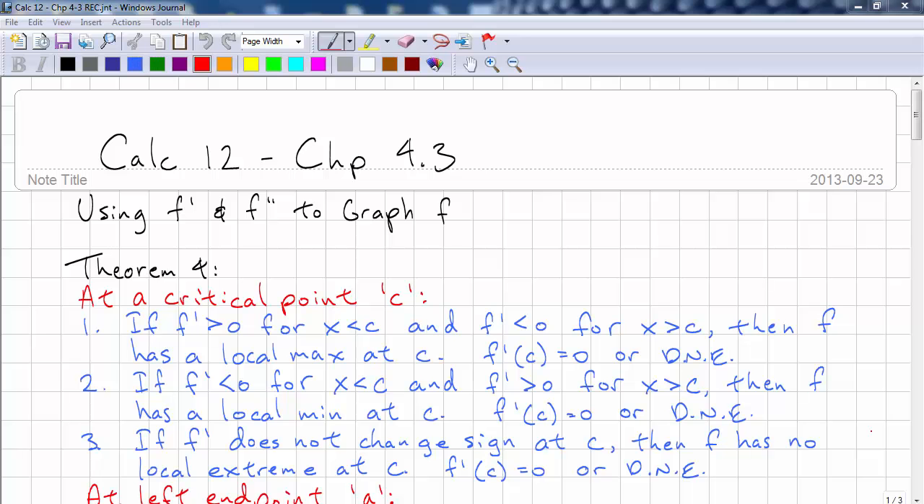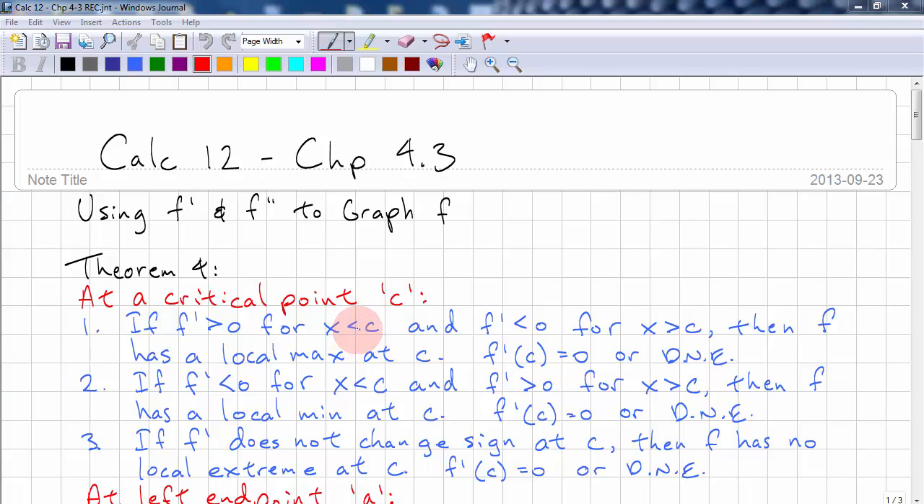This is Calculus 12, Chapter 4.3. This time we're going to be learning how to use the first derivative and the second derivative to graph a function. This is Theorem 4, and at a critical point c, if the derivative is greater than 0 for x